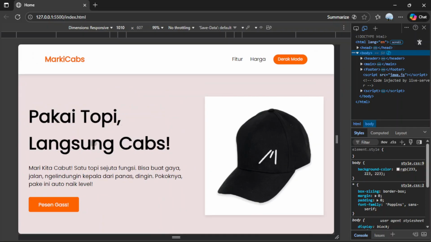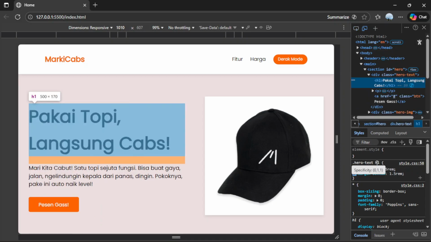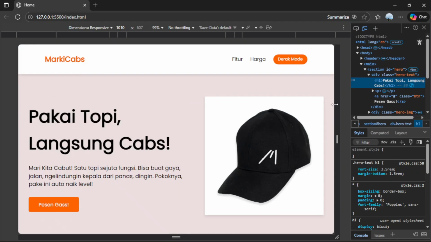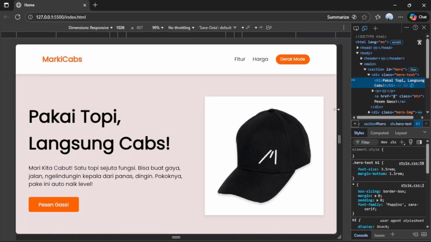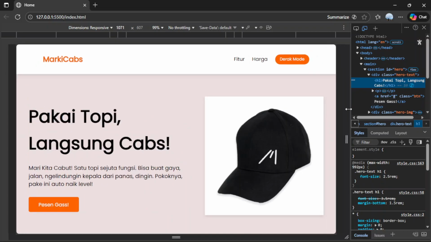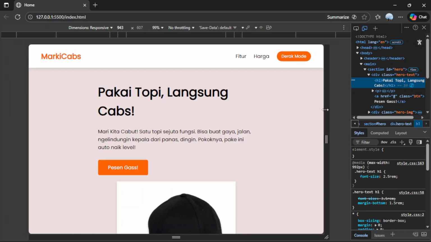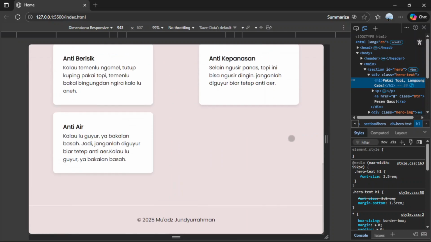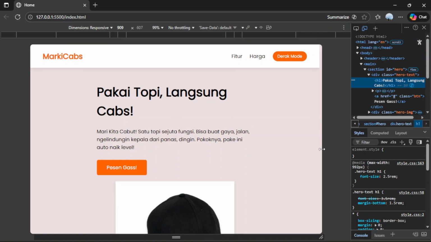You can see this H1, the hero section, hero text H1. This is bold and this is lighter. It becomes like this.